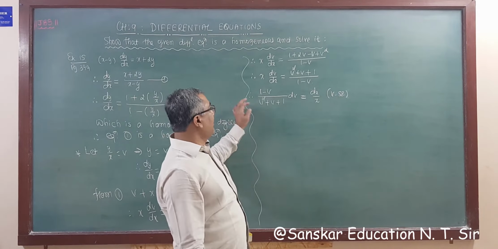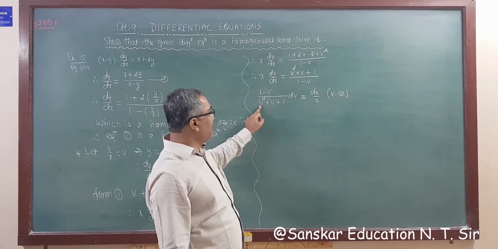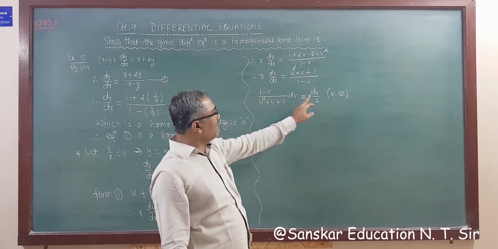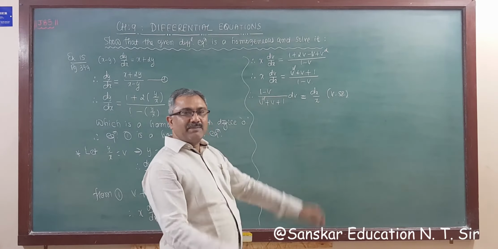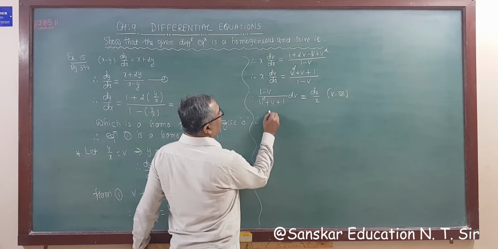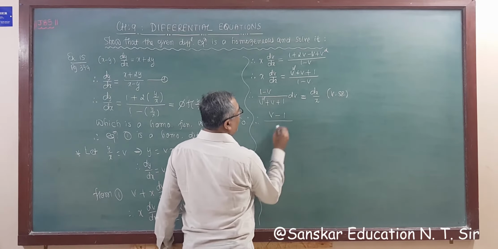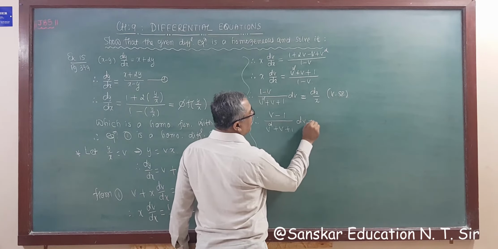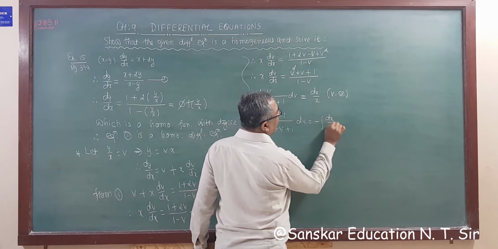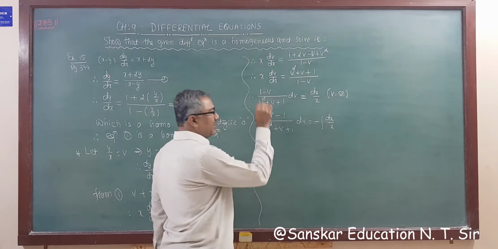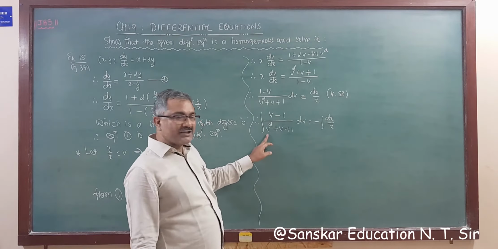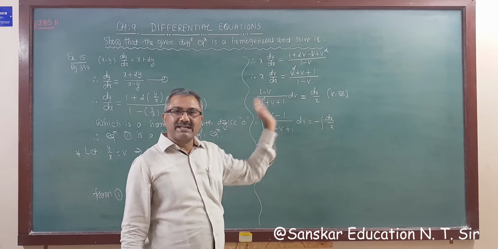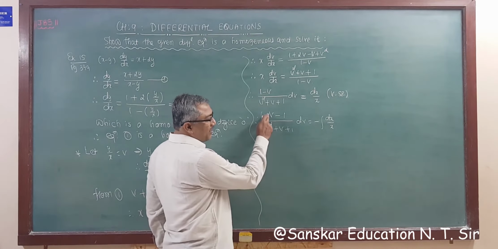But before that, for our convenience, the derivative of v square is twice v. So I want to take minus 1 from here and multiply with minus. Multiplying both sides by minus, we get the integration of v minus 1 whole upon v square plus v plus 1 dv is equal to minus integration dx upon x. Now the derivative of the denominator is twice v, that's why we are taking minus common. So we need to multiply by 2.